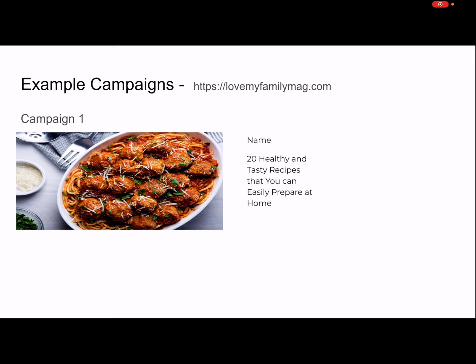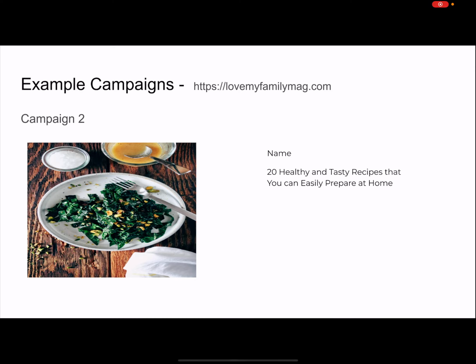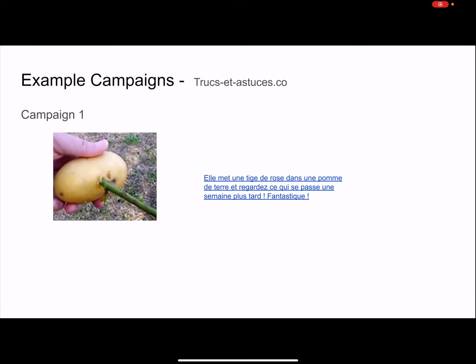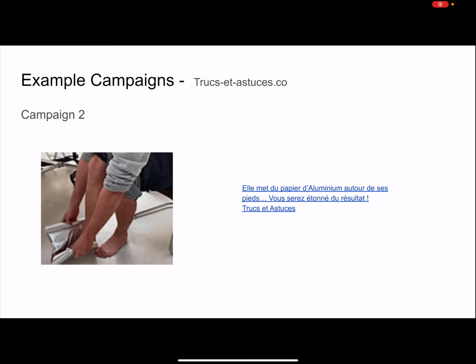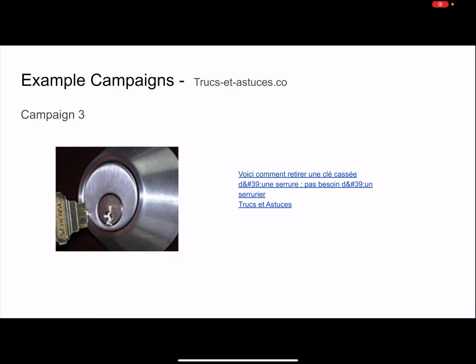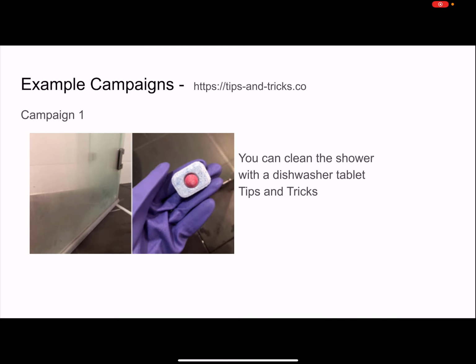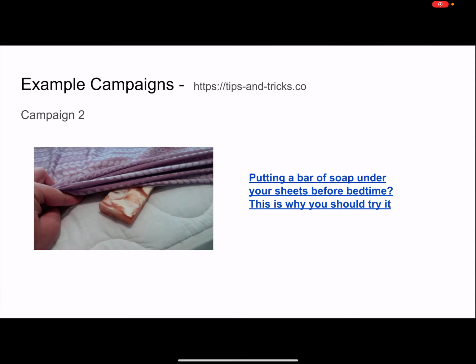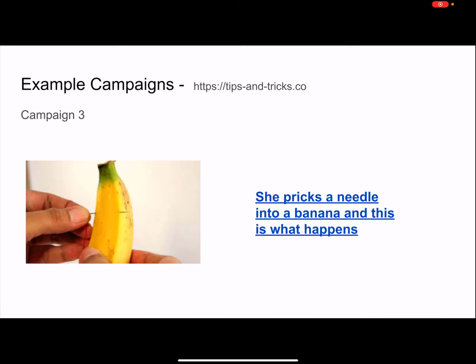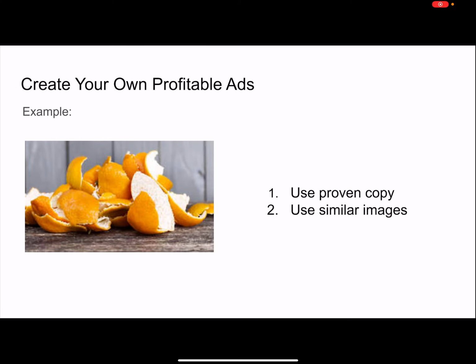Here's a recipe one. Again, another recipe campaign. I showed you can even translate into different languages. Gardening ad in another language, a foil ad. These are really high standout campaigns that get high CTRs. You've got, again, another key ad, and so on. And then you've got a cleaning ad, and it's another huge market in the cleaning marketplace because obviously that's a $1 billion industry. And then you've got even more and more ads you can use.